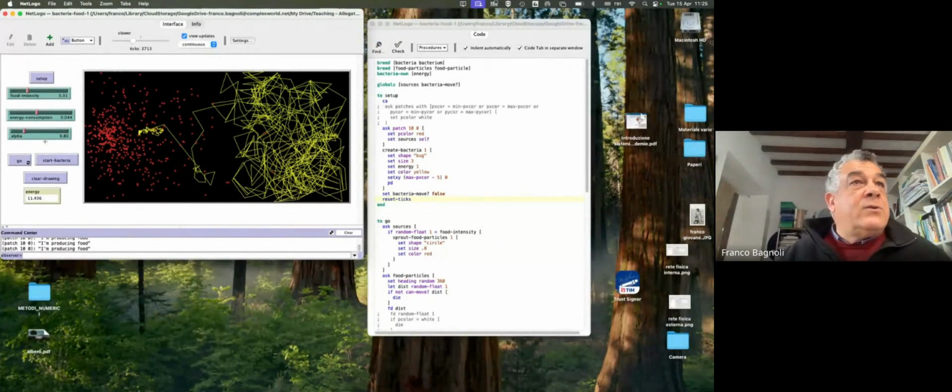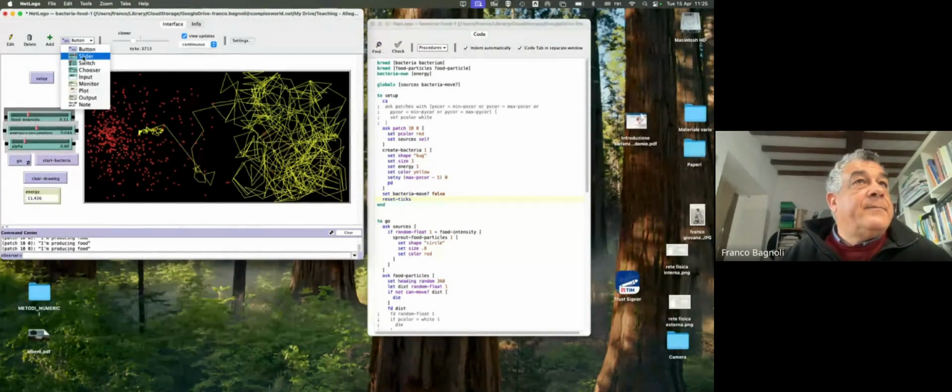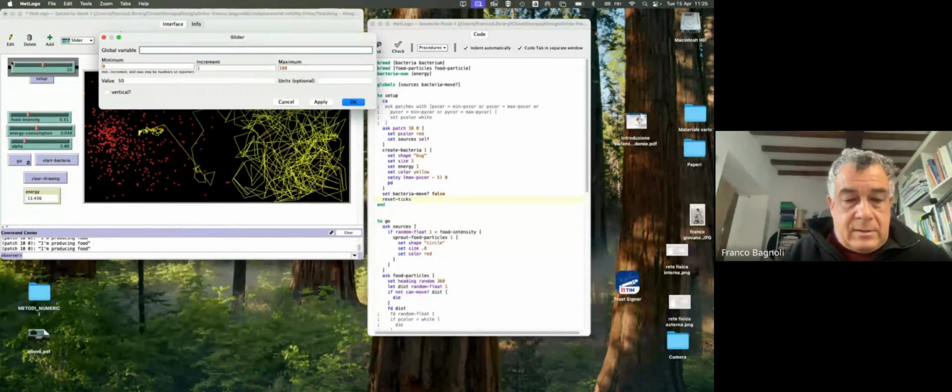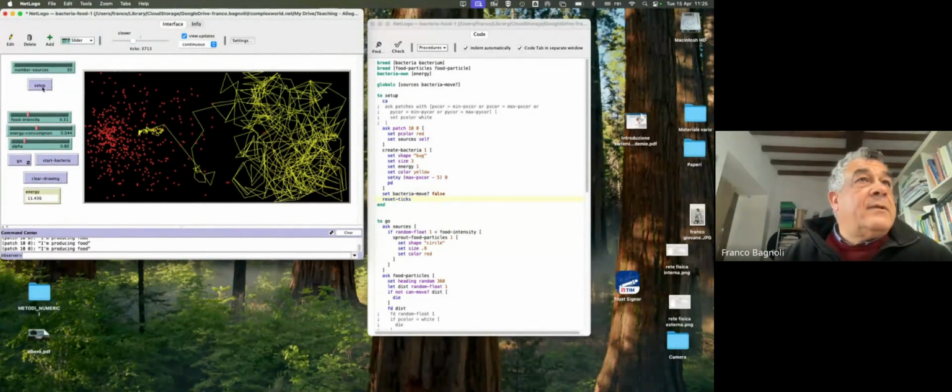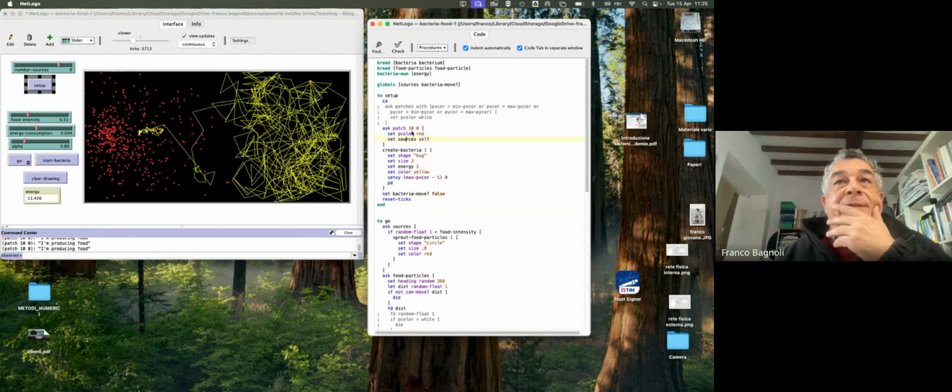So more than one source, we can add another slider, maybe here, number sources from 1 to, say, 10. Let's try with this. In this case, instead of ask this, ask number sources,